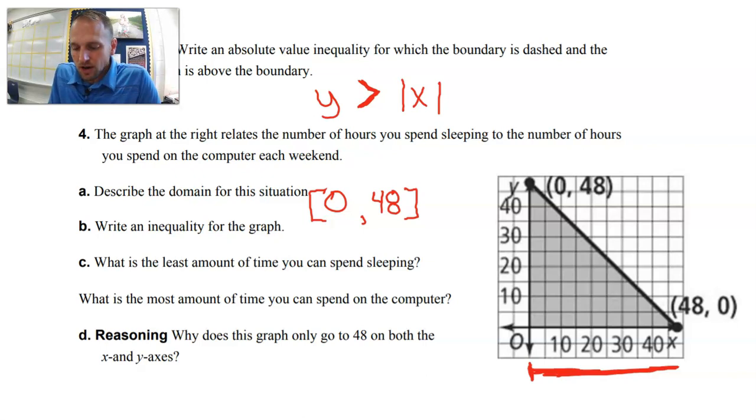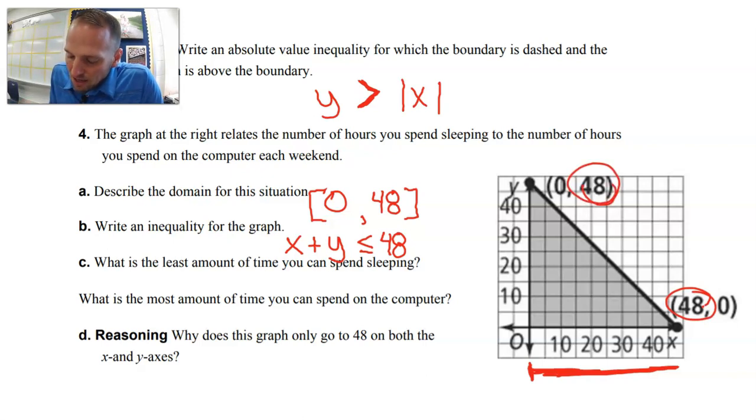0 is the smallest, our x gets 48 is the biggest. Okay, write an inequality for this graph. Well, see, here's what we're doing. It looks like it goes to 48 on both sides, so if we just add the amount of time that we spend sleeping and the amount of time we spend on video games, that has to be less than or equal to 48, okay? So we've just got that x and y, because that's the two things we're adding,